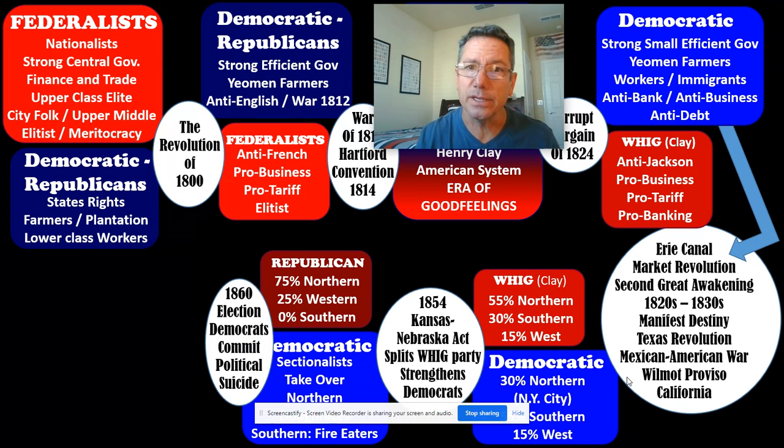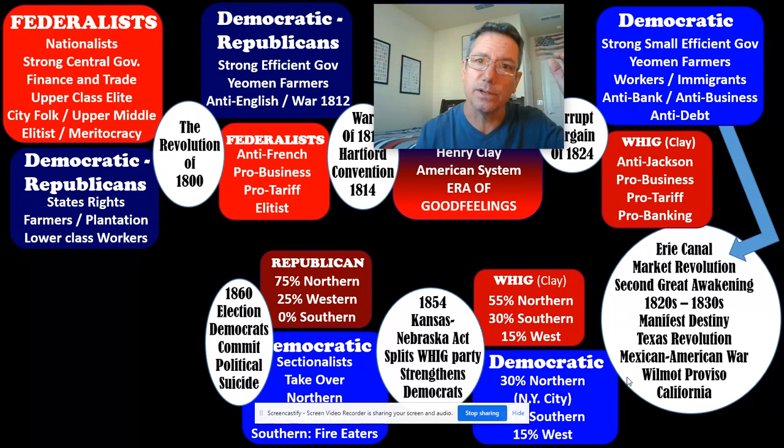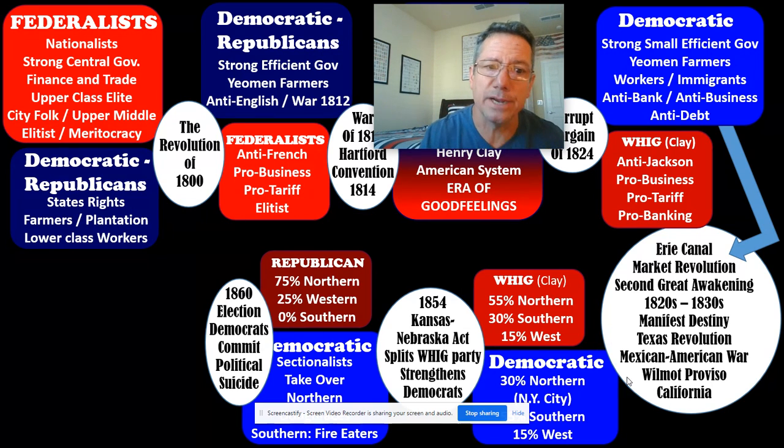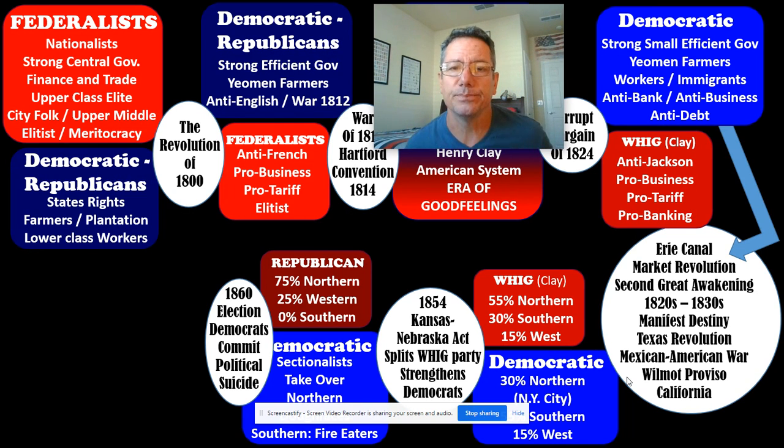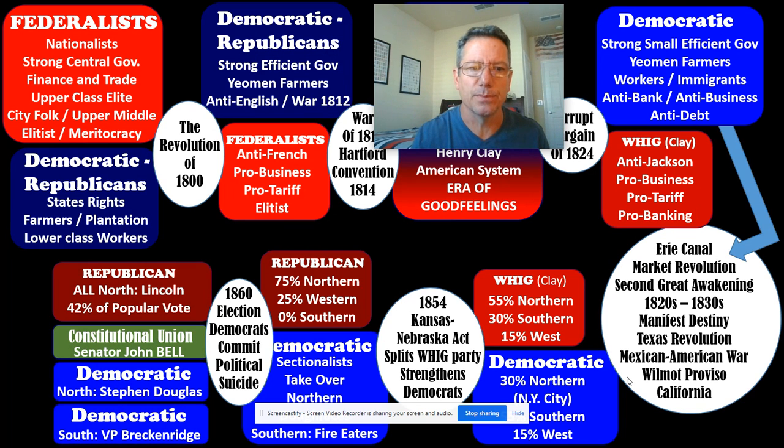And so by 1860, the Democratic Party commits political suicide by separating themselves into the northern version under Stephen Douglas, the little giant; Breckinridge, the vice president, who now runs for president in 1860 with the backing of outgoing president James Buchanan; and eventually John Bell of the Constitutional Union Party, which is more or less the Western slash, let's just not talk about this anymore. So eventually what you end up having is a break. Now, it's important to remember, though, from a Republican perspective, the way they think about this,